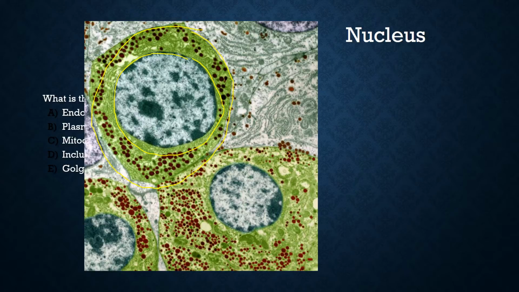The big thing with the nucleus is that it has the genetic information and contains our DNA. The nucleus has a nuclear envelope and it has two different membranes. We have an outer membrane here that's going to be continuous with the rough endoplasmic reticulum, which here in the light green is what we see of the rough endoplasmic reticulum. And then also this inner membrane here that's going to surround the nucleus,